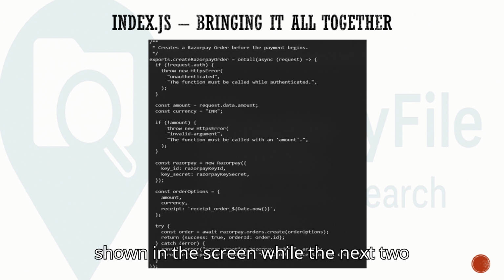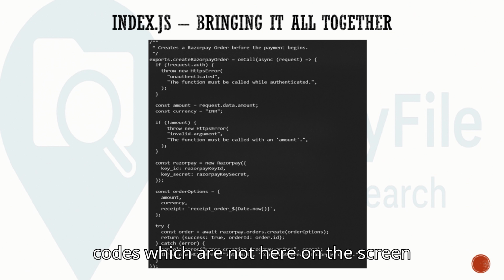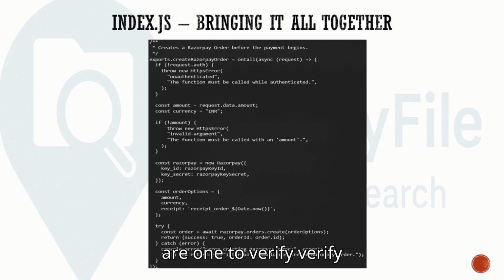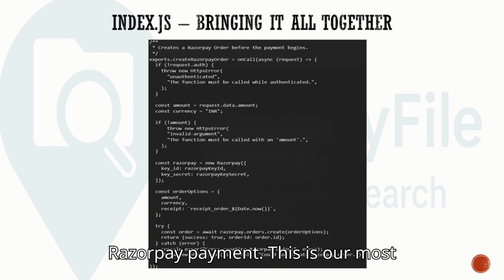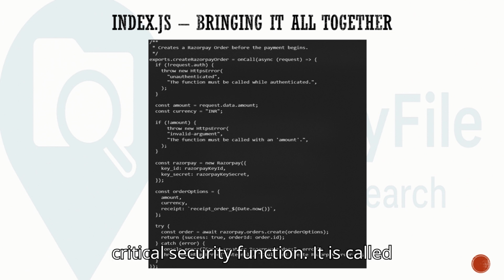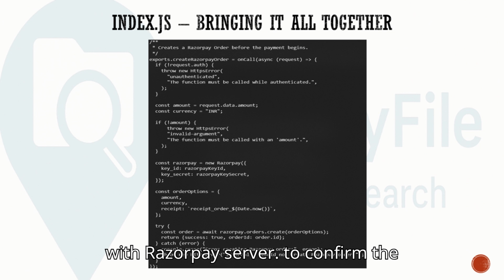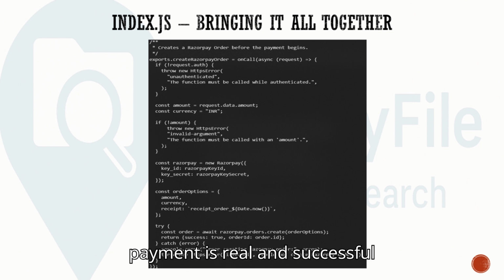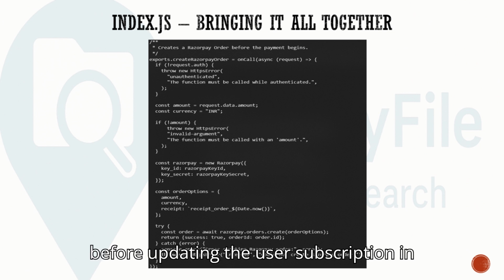This code has been shown on the screen, while the next two functions, which are not on the screen, are: one, verify Razorpay payment. This is our most critical security function. It is called after the user pays. It double checks with the Razorpay server to confirm the payment is real and successful before updating the user subscription in